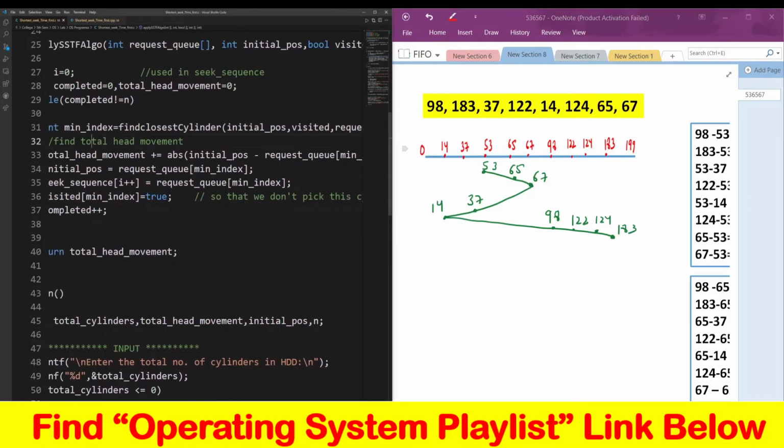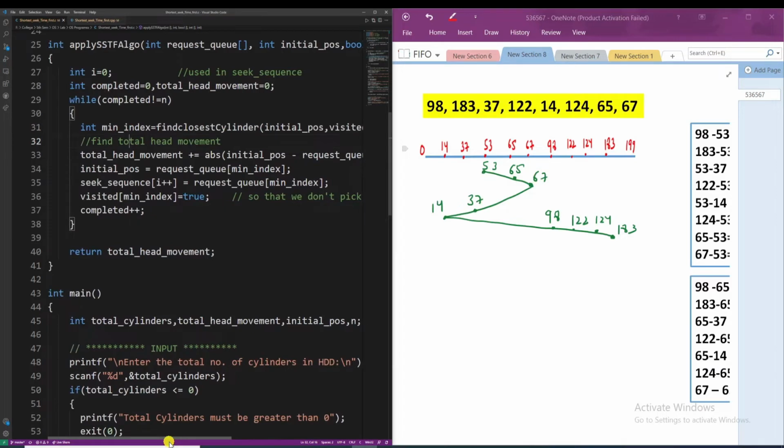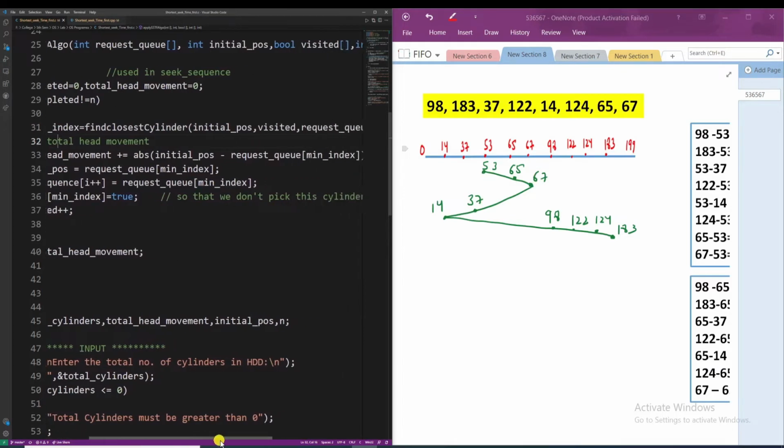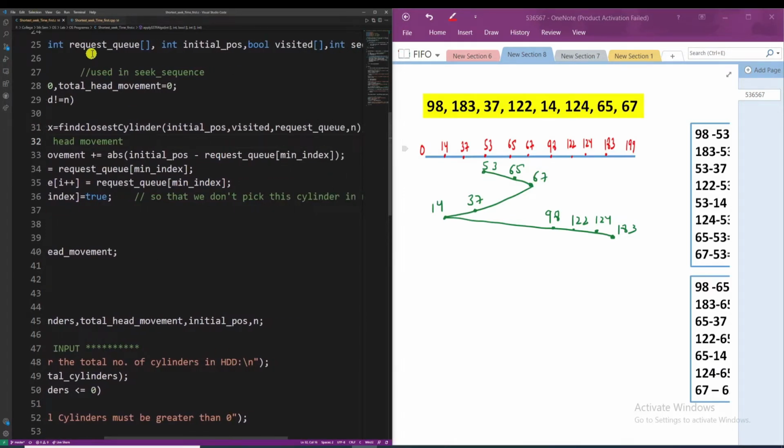In the header of the apply SSTF algorithm function, the request queue comes as input, and the initial position of the read write head, that is 53, also comes as input. There is another input, visited. This array is of boolean type, that means it will contain either true or false.